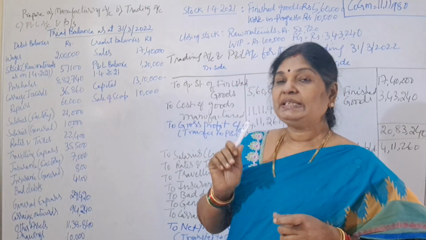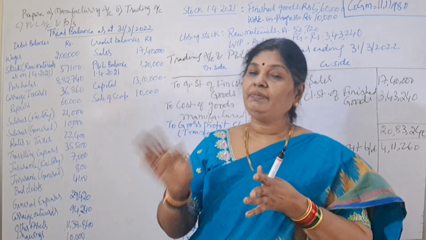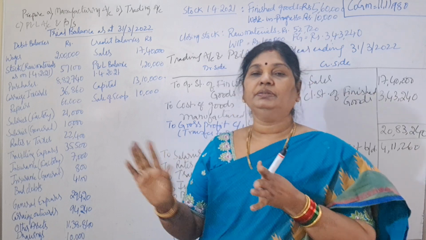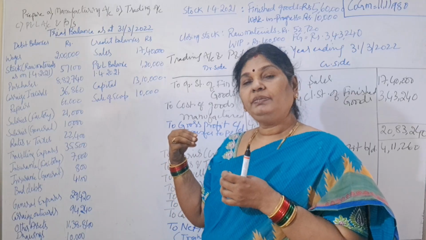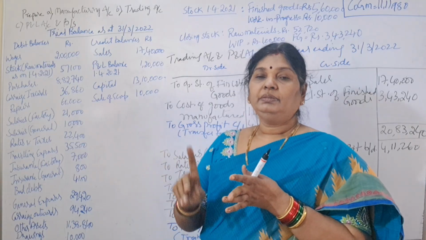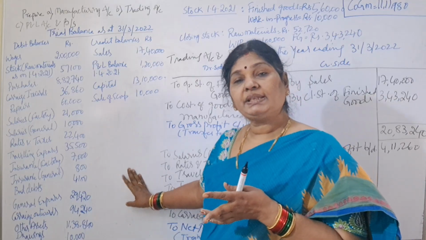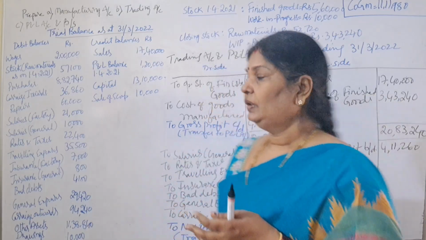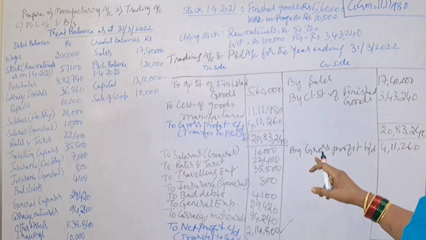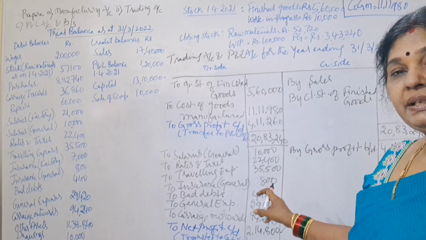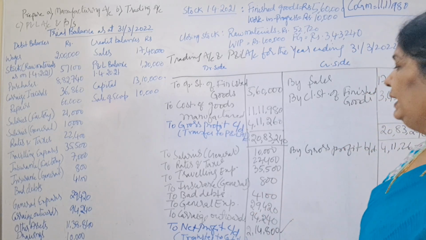But if the business is having production also, then the amounts will be shown under manufacturing account and trading account. All relating to trading and direct expenses will come under manufacturing account and trading account. But office related expenses will come under P&L account only. So this is about what? Trading and P&L account of this particular business for the year ending 31/3/2022. So take screenshot of this.